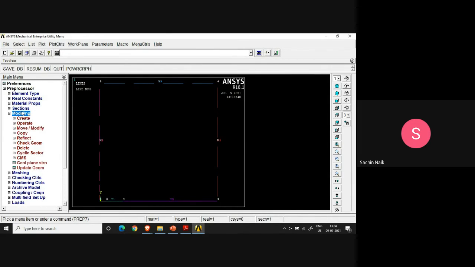Okay, modeling again. I'm sorry, that option is in meshing, it's not seen there. Meshing, and then I have to go to size control, and in size control, you have an option, key points. I'm sorry, not that.